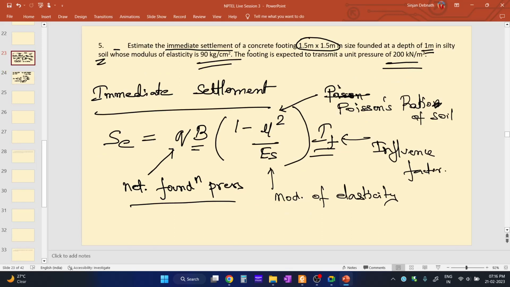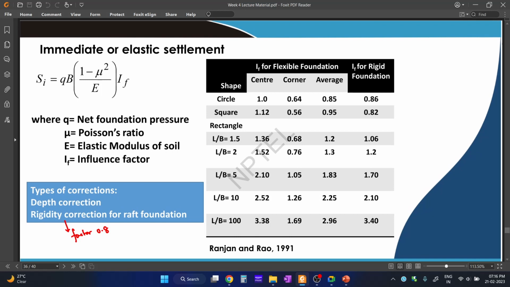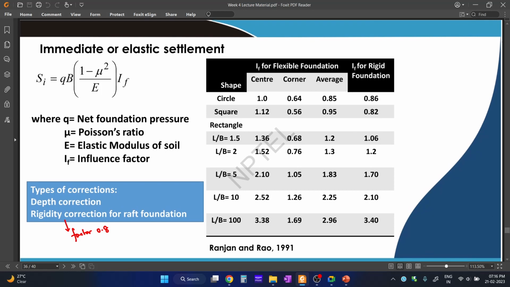So in the question, the breadth of the foundation was 1.5 meter by 1.5 meter. So the foundation in the question is 1.5 meter by 1.5 meter. Okay. So in this table, for the square footing, at the center,